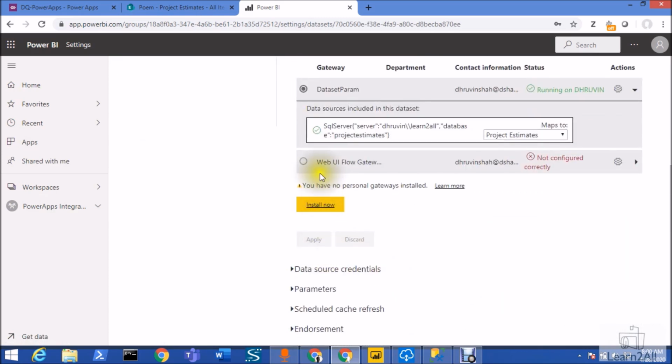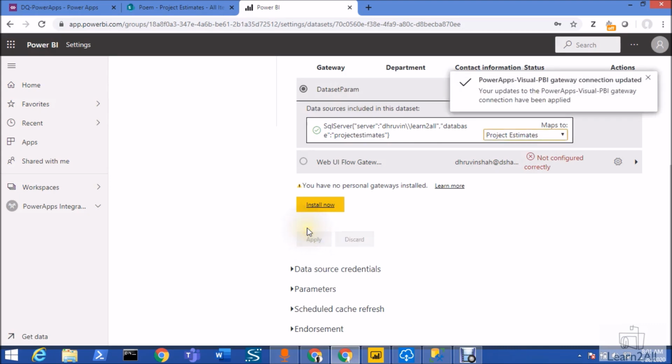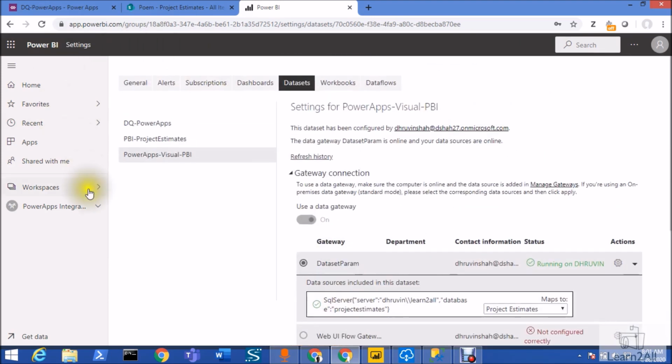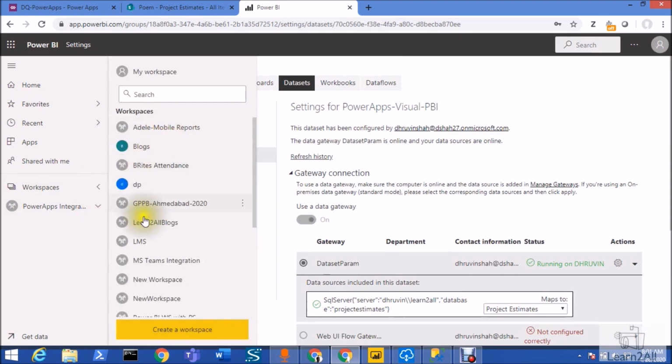And so basically this is my gateway dataset parameter, and this is running on this machine successfully, and which maps to this particular data source that we just added. Alright, so just click on apply. From data source credential, make sure that the access has been granted properly. Alright, so these are the configurations you need to perform after installation of the gateway, right?